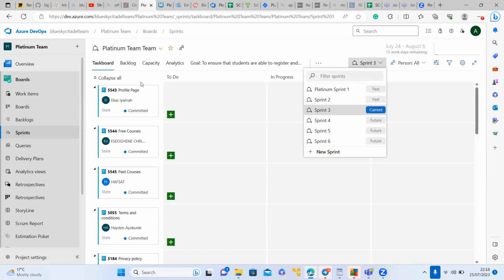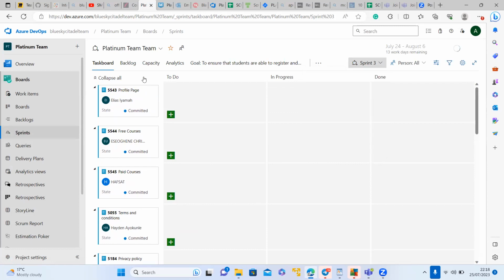Yeah. So you have to set your sprint. It's part of what you do before your sprint planning. You set your board. That's how you set your board. Just put the dates there and everything so that once the stories have been moved into sprints, they come here. You're able to see them here. Okay. So for you also, if you scroll down,